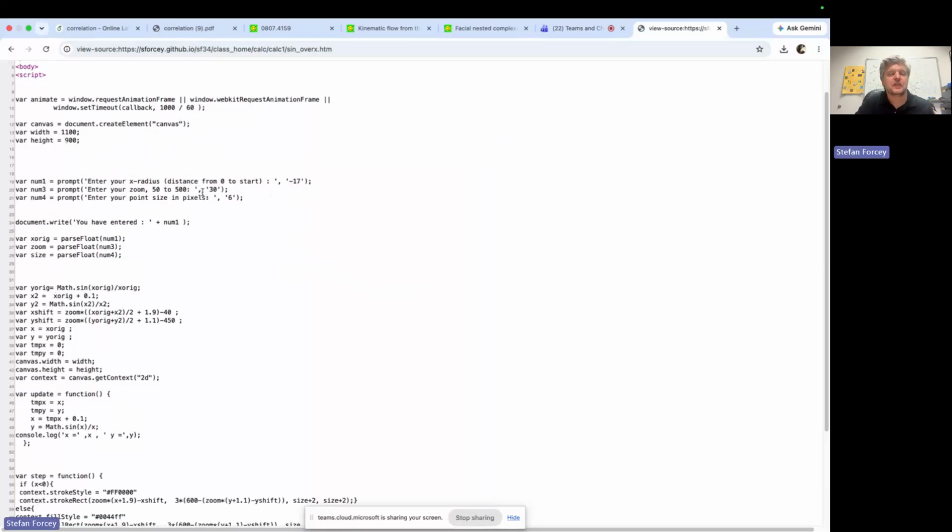Then there's the same format for the zoom, and the same format for the point size in pixels. And then it writes what you've entered, the -17 starting x value is what came up,